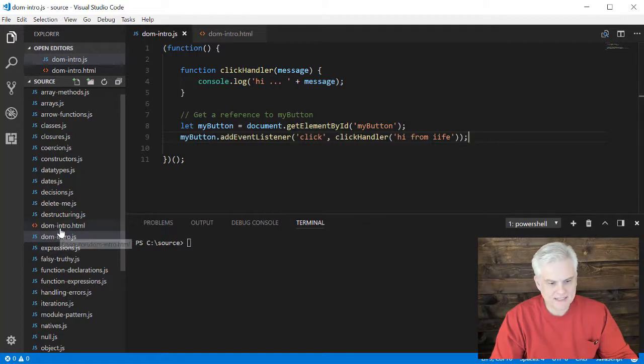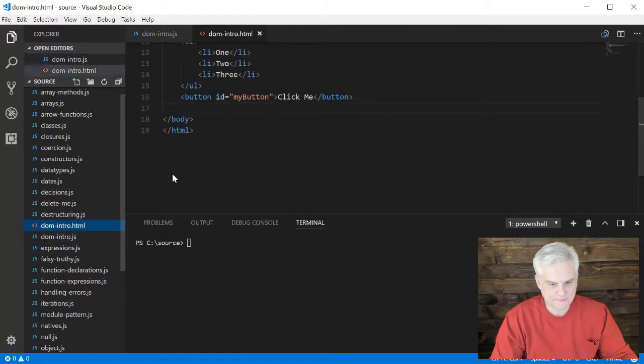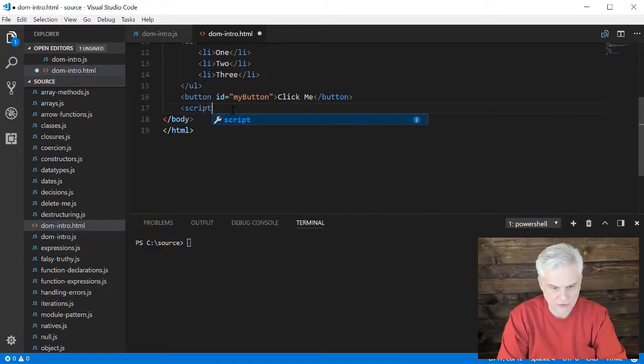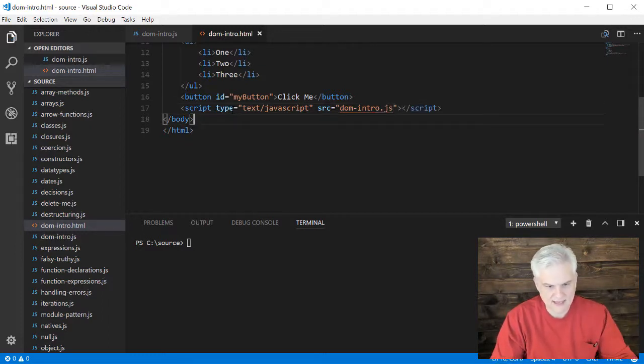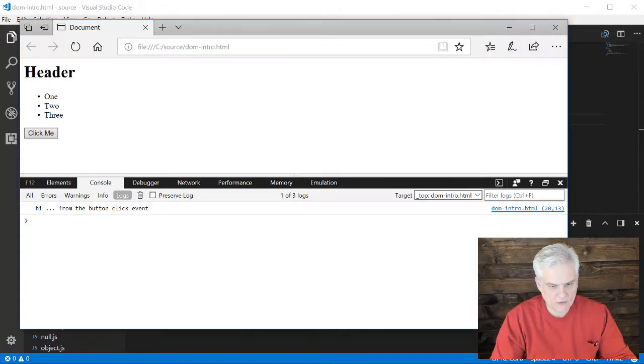Now I need to go back to the dom-intro.html. Here I'm going to add a script tag like so, script type equals text/javascript, source equals, and then we'll give it the name dom-intro.js, like so. Save that. And now, hopefully, let's load this up, refresh. And you can see